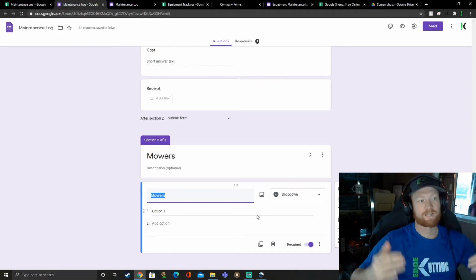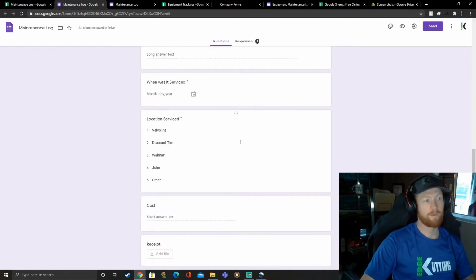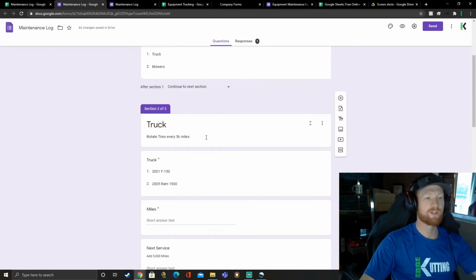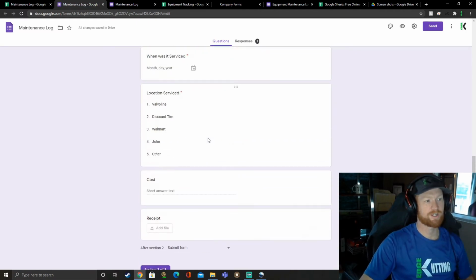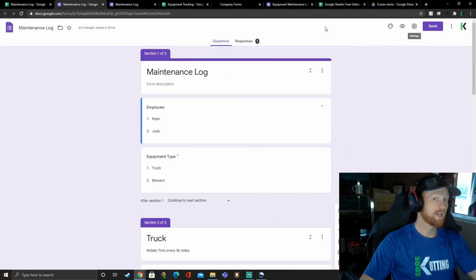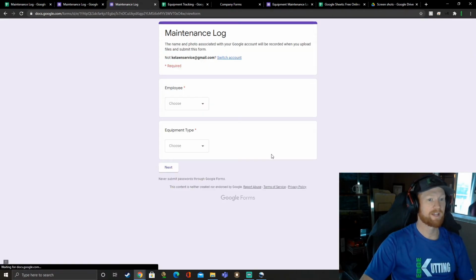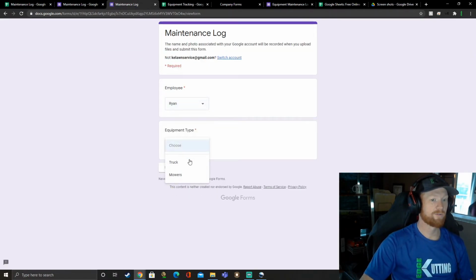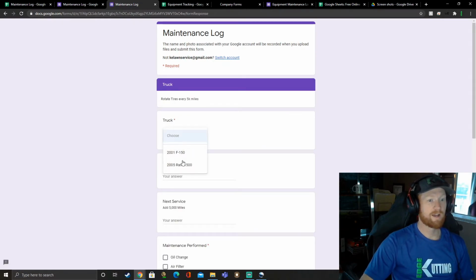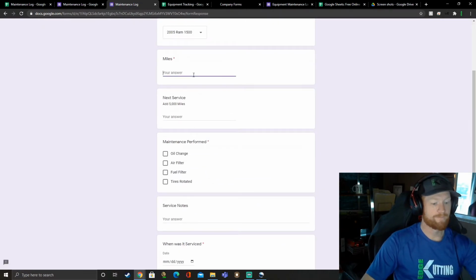But to prevent you from kicking down section to section, we just want to submit the form after that section, and we're good. We would do that for any additional sections we would want. We would want to make sure we change that. It's already saved. You don't have to do anything else, and that will be fixed now. If I hit submit another response, we can go through and do the same thing in no time at all, and it will do the same